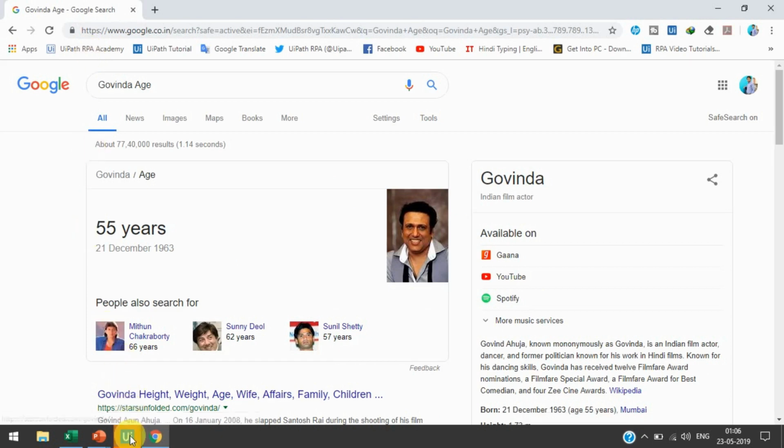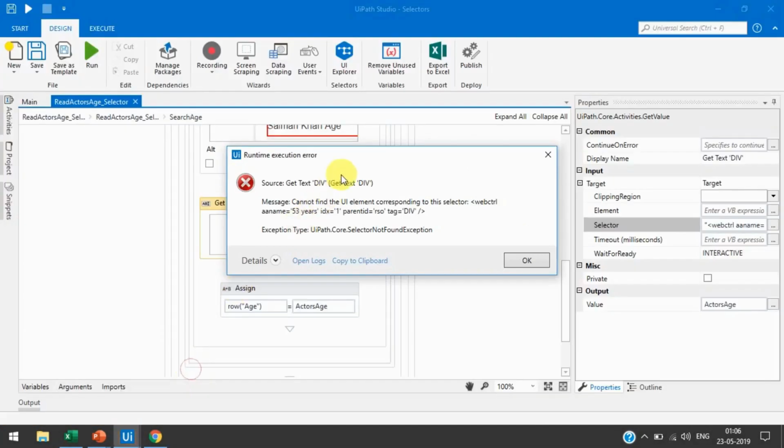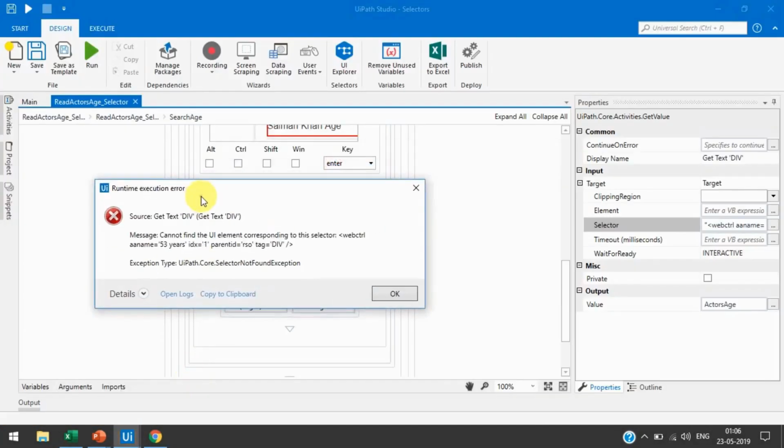Okay, so now we are getting this error. It is showing cannot find the UI element corresponding to this selector, webctrl aaname equal to 53 years, idx equal to 1, parentid equal to rso and tag equal to div.